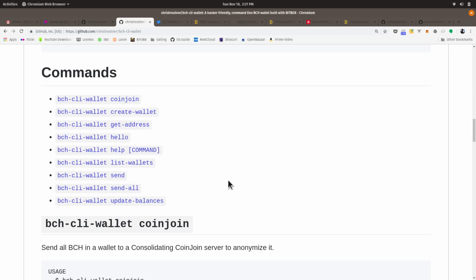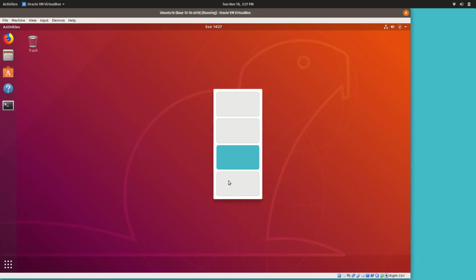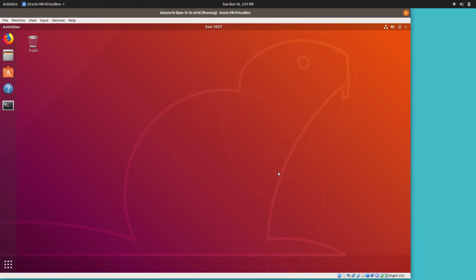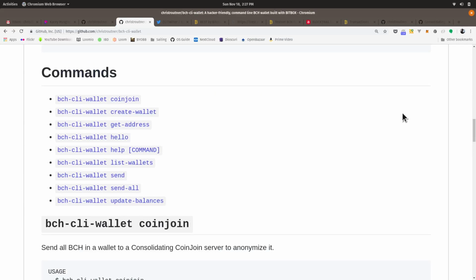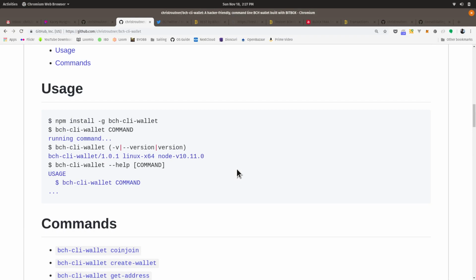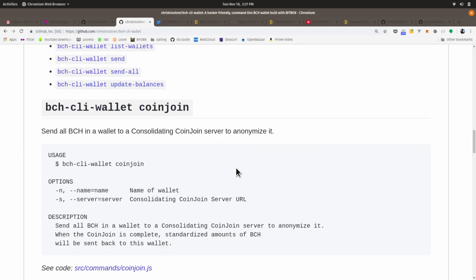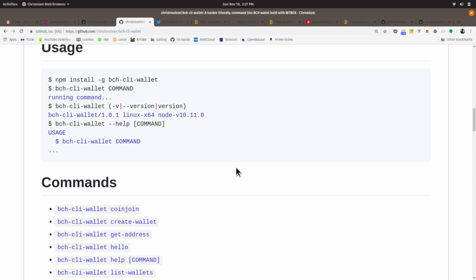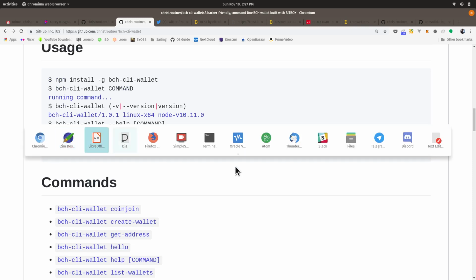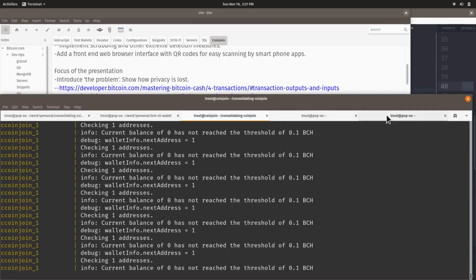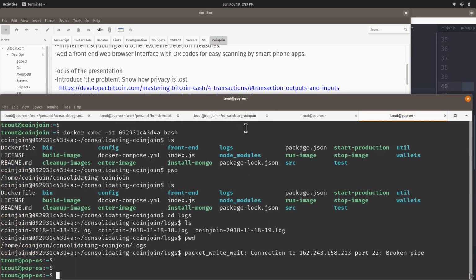But let me show you how to install this. This is a virtual machine I set up running Ubuntu, but this would also work on Windows and Mac. The only prerequisite is that you have Node and NPM installed. I'm not going to cover how to install those, but as long as you have Node and NPM installed, it's going to look something like this. And this works on Windows as well.